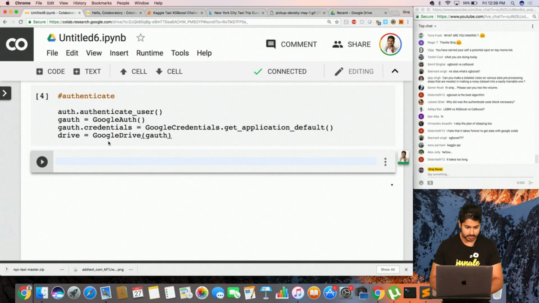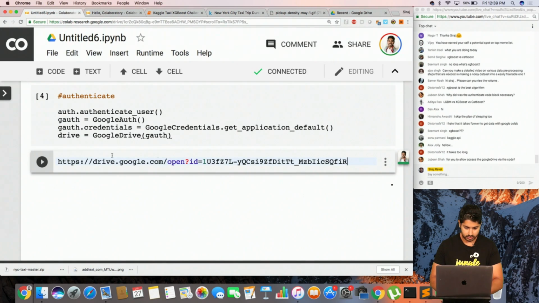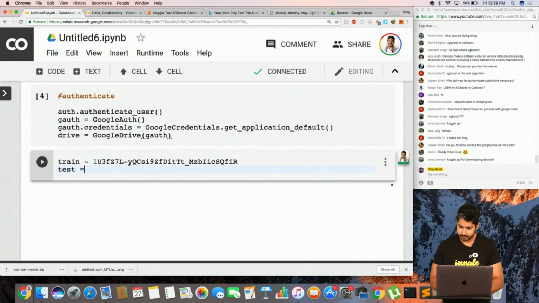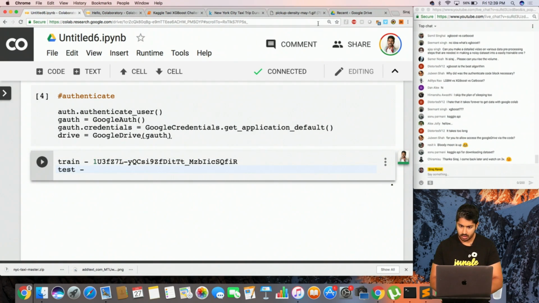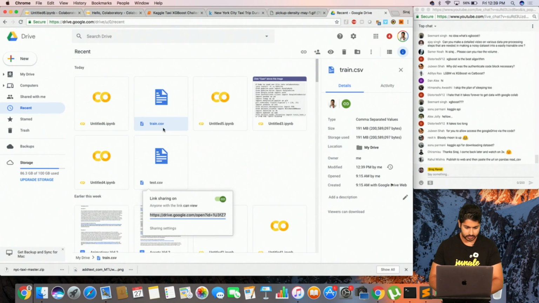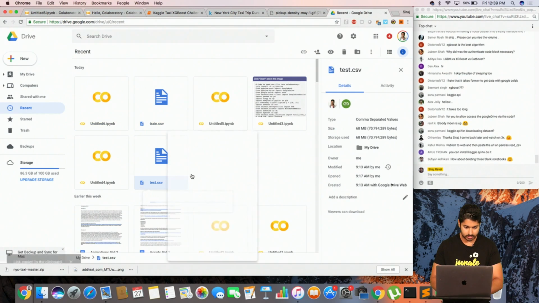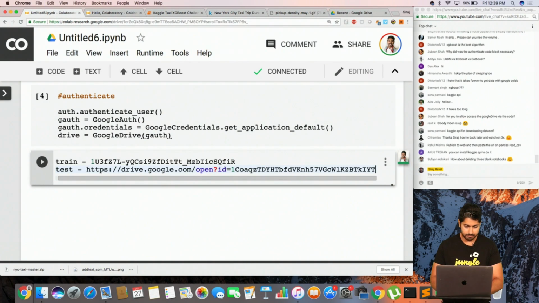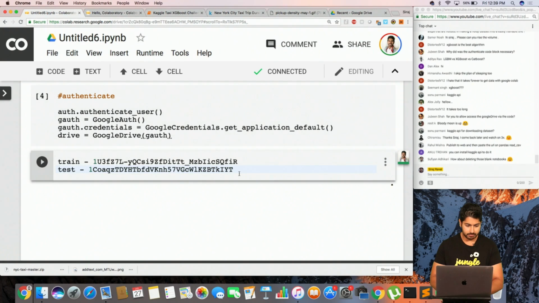Okay, so here's my train.csv, and here's the ID for it. These are both CSV files that I imported. And then here's test.csv, right there. Get shareable link. Okay. Now I have both of these IDs for both of my data sets.